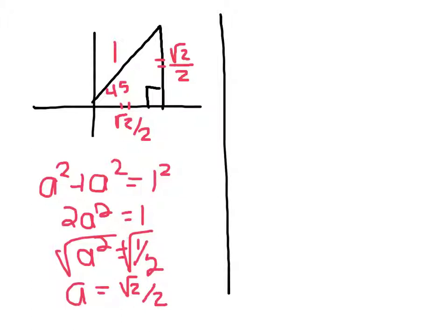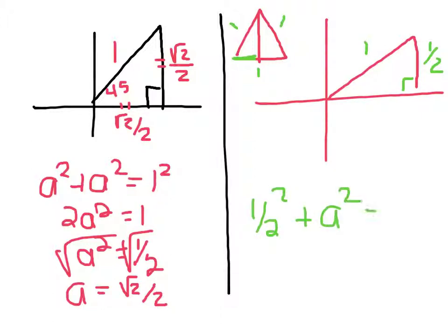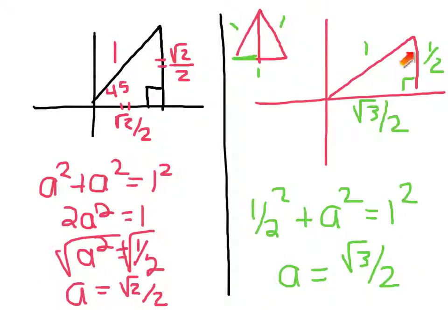Our other special right triangle, which is actually an equilateral triangle cut in half, but we're going to draw it on the unit circle in its standard position. So it's going to be right here. Now think back to an equilateral triangle. These sides are all the same. So the hypotenuse, or the radius, is 1. And the short side is half that, so that's 1/2. And if I were to use Pythagorean's theorem, 1/2 squared plus what squared is equal to 1 squared, and I'll speed this up and work this out in my head, I end up with a equals the square root of 3 over 2. And so what you need to know is that these are the ratios of sides in a